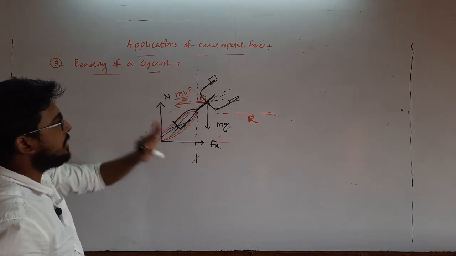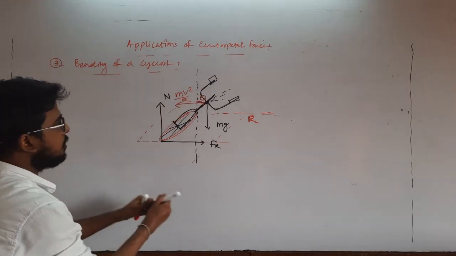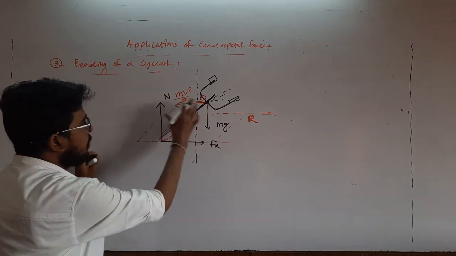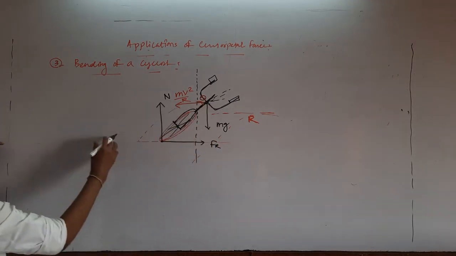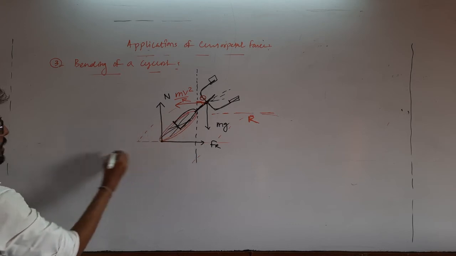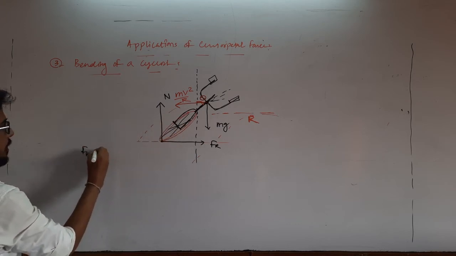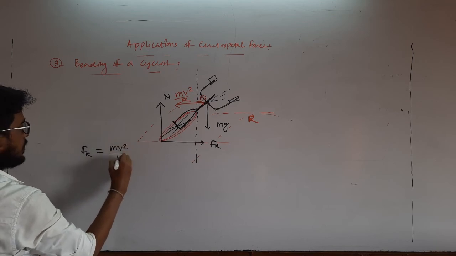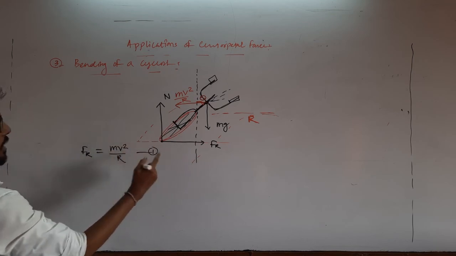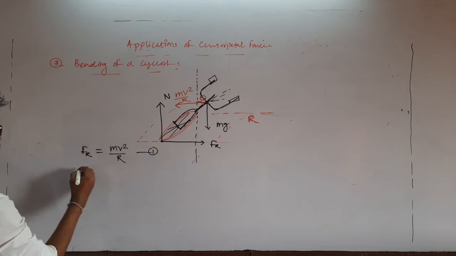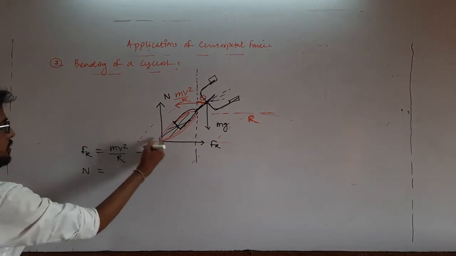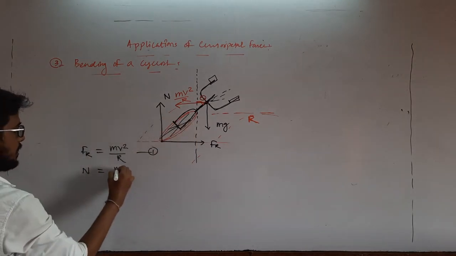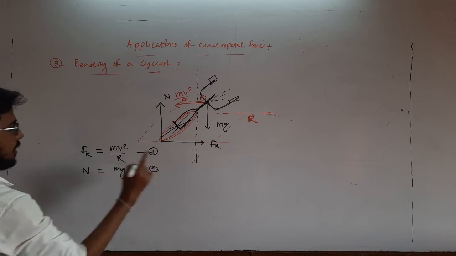So as the cyclist wants to take the turn safely, what is the maximum possible velocity for the inclination theta? From this condition we can find out, as the body is in equilibrium, along the horizontal direction there are two forces acting, so we can write the frictional force Fr must be equal to mv square by r. It will be equation 1, and in the vertical direction there are two forces, one is the normal reaction at this point and the weight of the cyclist mg downward.